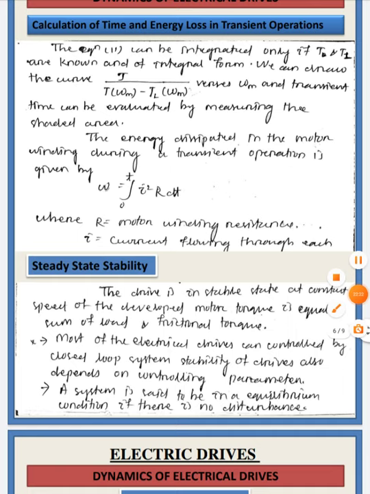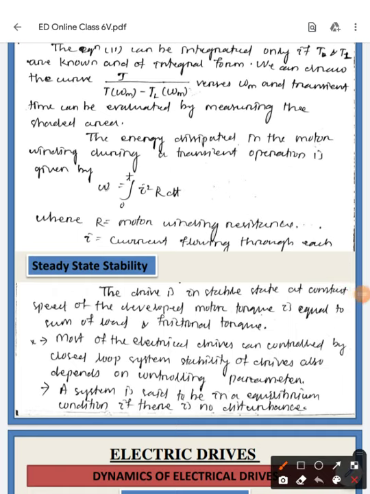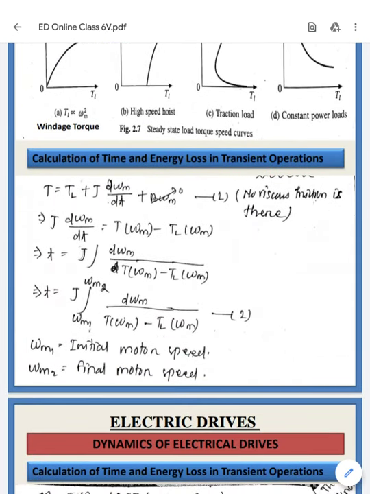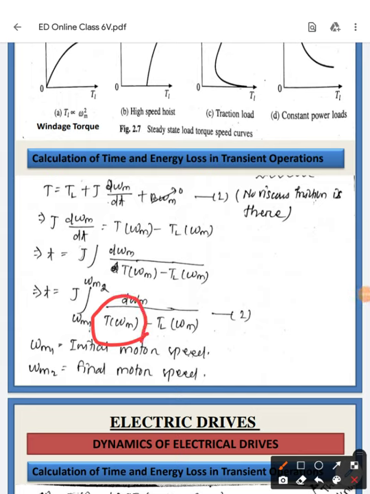So equation number 2 can be integrated only if the time is given, only if the total torque or the load torque are known, in the integral form. If you go to equation number 2 in the previous slide, it can be resolved if you have knowledge of the motor torque, the load torque, the initial speed of the system and the final speed of the system.